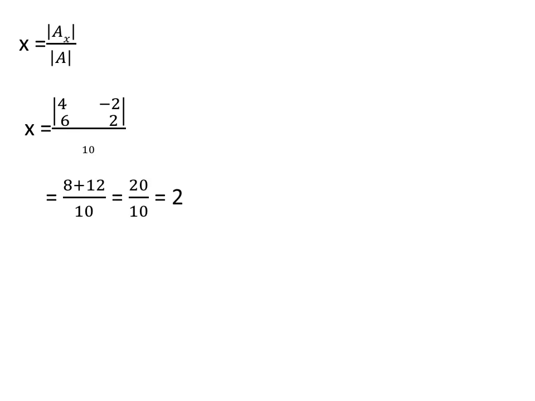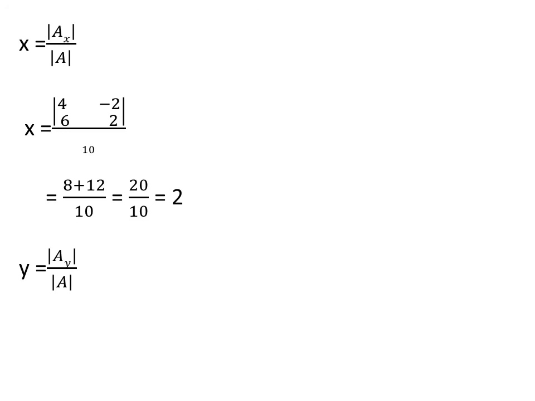To find the value of x, we will write determinant of Ax over determinant of A. It can also be written as elements of the matrix Ax in determinant form and in the denominator we will write the determinant of matrix A which is equal to 10. Now by solving the numerator we can write 8 plus 12. The elements at the diagonal places are multiplied firstly and then the other two terms are multiplied which will give us 8 plus 12. By solving these terms we can write 20 over 10 which is equal to 2. So the value of x equal to 2.